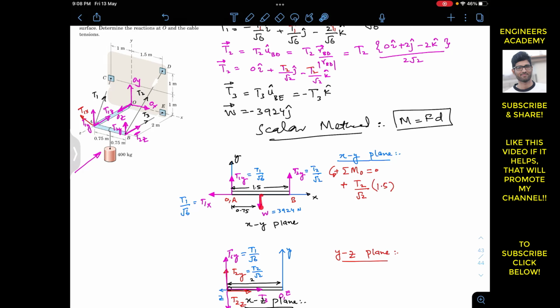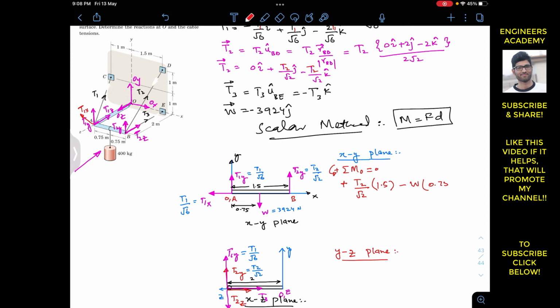Then as we can see that this weight is producing the clockwise moment, so we will write minus weight, and the perpendicular distance of this weight from that point O is 0.75. So I will multiply this with 0.75. So this is equal to 0. And if I bring this term to the other side of the equation, we will have the equation like this. And now we know that the weight is 3924, so I will multiply this with